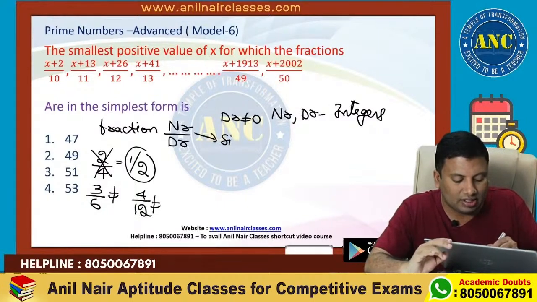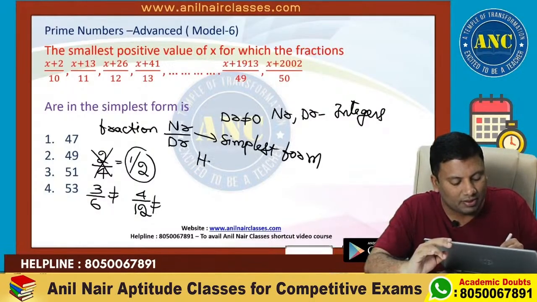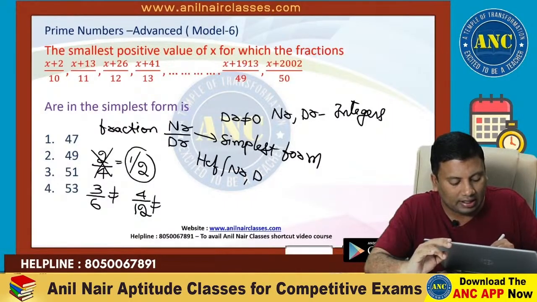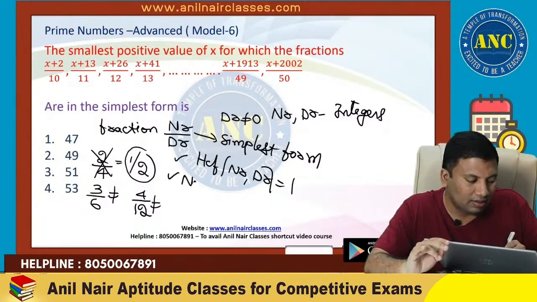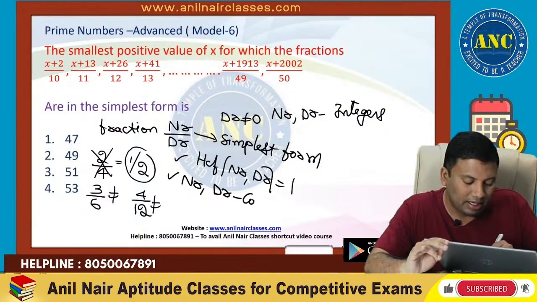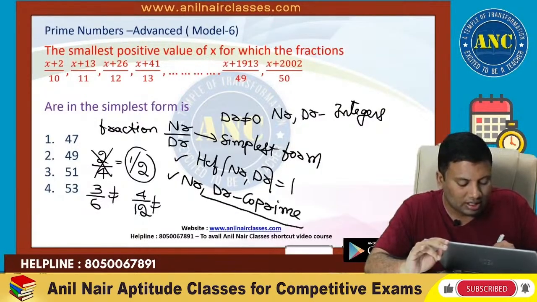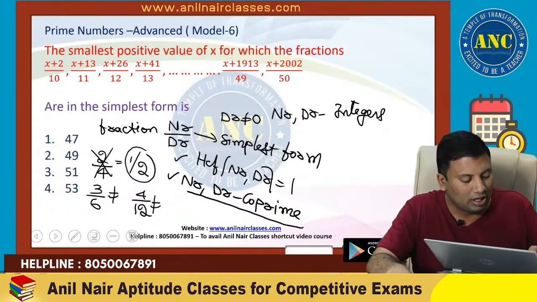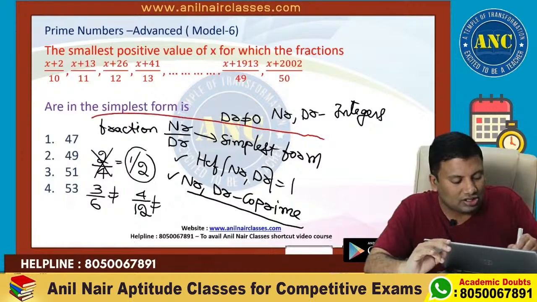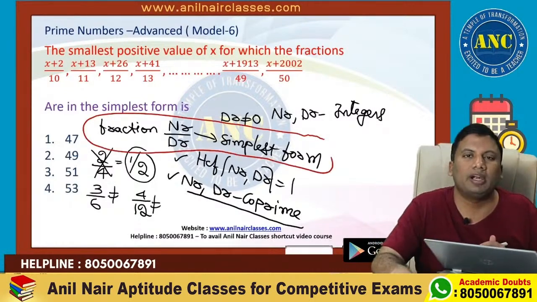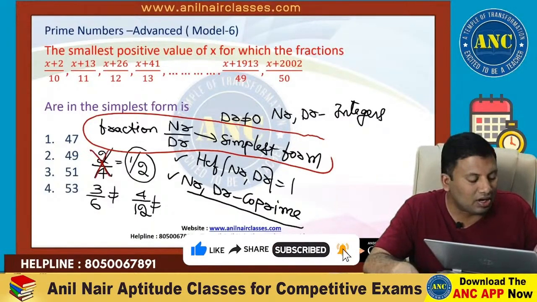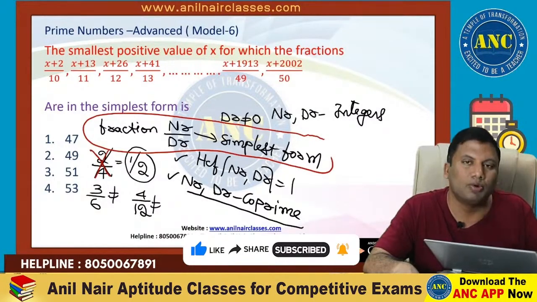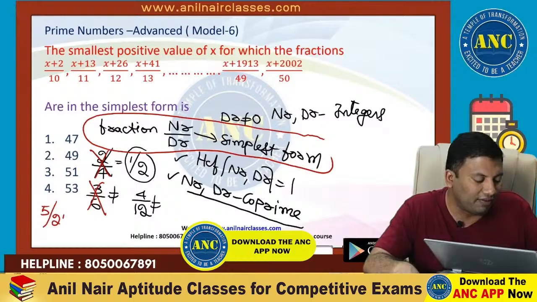A fraction is said to be in simplest form if the HCF of numerator and denominator is 1, or in terms of mathematical language, numerator and denominator should be co-prime to each other. If numerator and denominator are co-prime to each other, then the fraction is said to be in its simplest form. 2 and 4 both are even numbers. Even numbers cannot be co-prime to each other. 3 and 6 both are multiples of 3. 5 and 25 both are